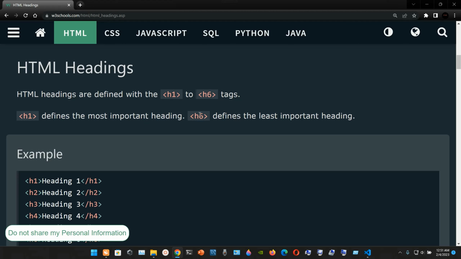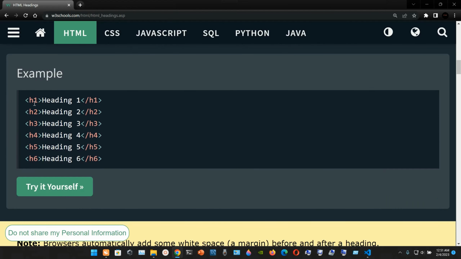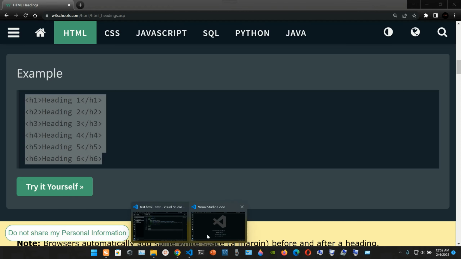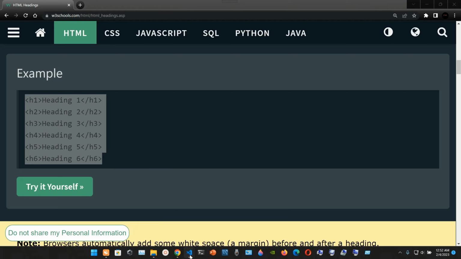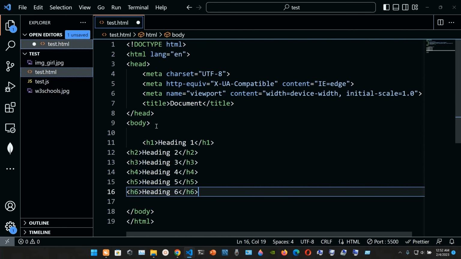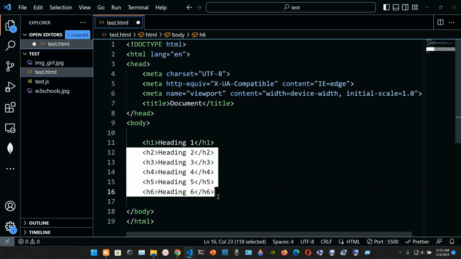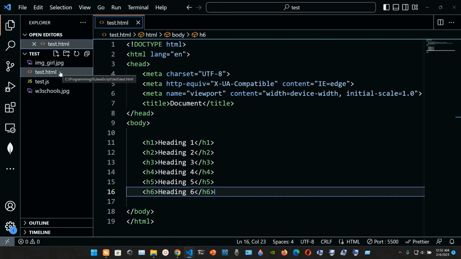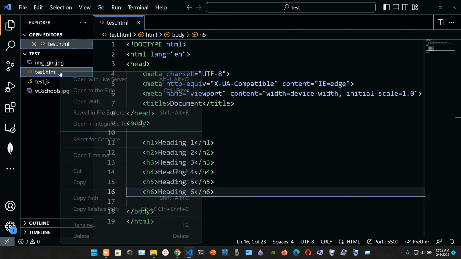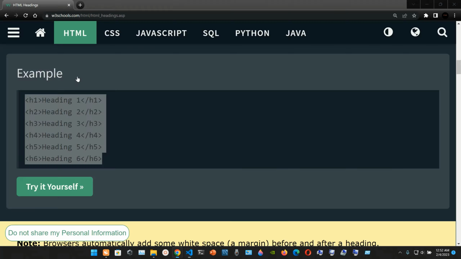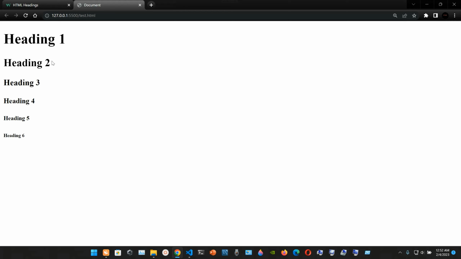And remember, you have to put it inside angle brackets. So we're gonna grab these examples and go to Visual Studio Code. We're gonna save it, and now we can go to our HTML file and right click and open it with Live Server, or just press Alt+L, Alt+O, and there you have heading 1, heading 2, all the way up to